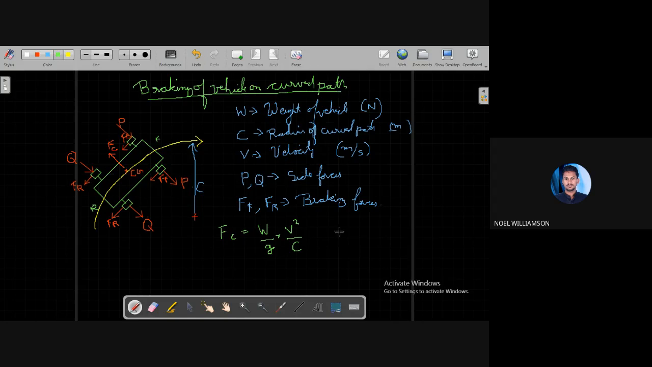So this much Newton. This is the relation for the centrifugal force. And here we have to see one thing: in this case, where the vehicle is moving in a circular motion or in a curved path, the braking capacity of the vehicle is decreased,